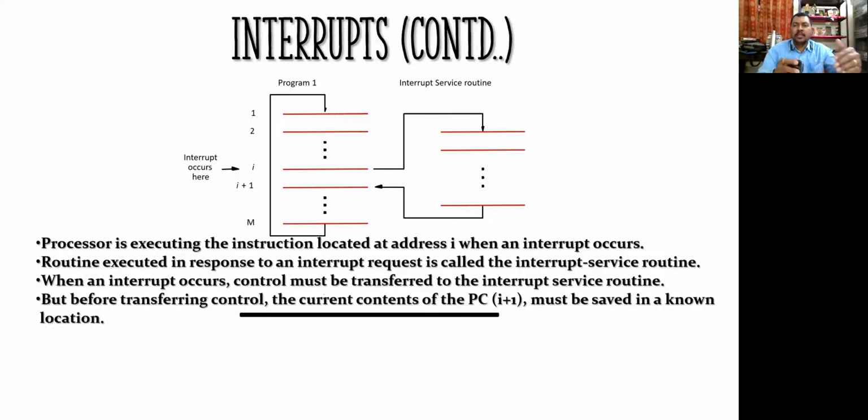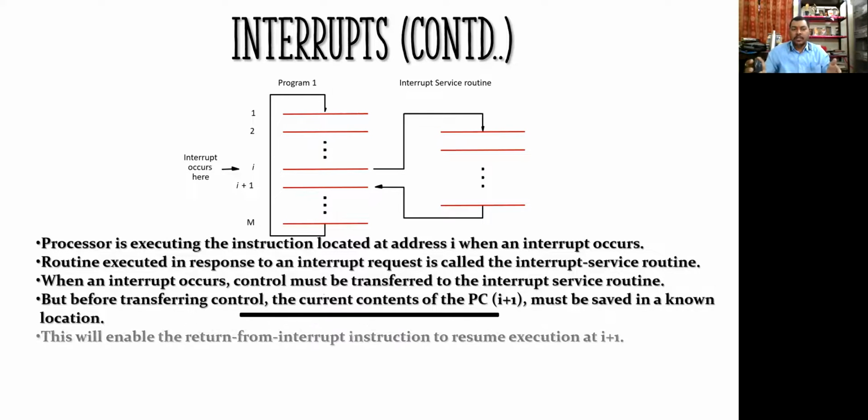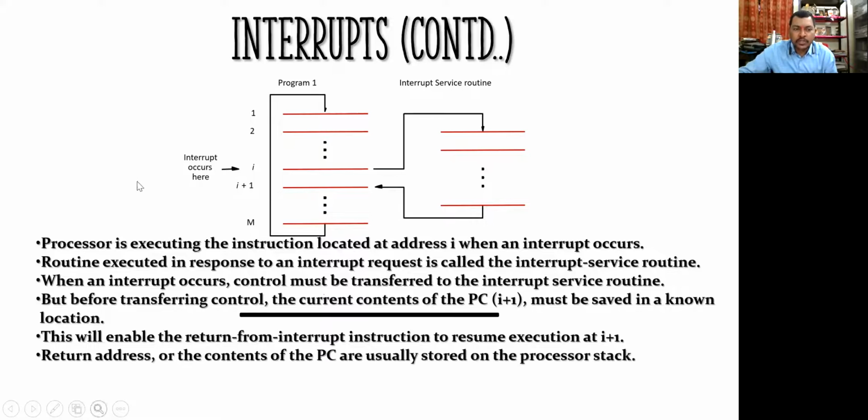क्योंकि जब ये प्रोग्राम कंप्लीट करके जब वापस मेन प्रोग्राम पर आएगा, तो ये प्रोग्राम फिर से हम लोग एग्जीक्यूट कर पाएंगे, राइट? So this will enable a return from the interrupt instruction to resume execution at the I plus one stage. सो आई पर हमारा एक्नॉलेजमेंट गया, हमने उसको इंटरप्ट सर्विस रूटीन को सबका सब कंट्रोल दे दिया, और उसने वो पूरा प्रोग्राम, ये जो आपको दिख रहा है यहाँ पर, ये पूरा प्रोग्राम उसने रन किया, और ये रन करने के बाद लास्ट में हमारा जैसे रिटर्न इंस्ट्रक्शन रहता है, वैसा ही इंस्ट्रक्शन यहाँ पे रहेगा, और it will return to the main program, right?